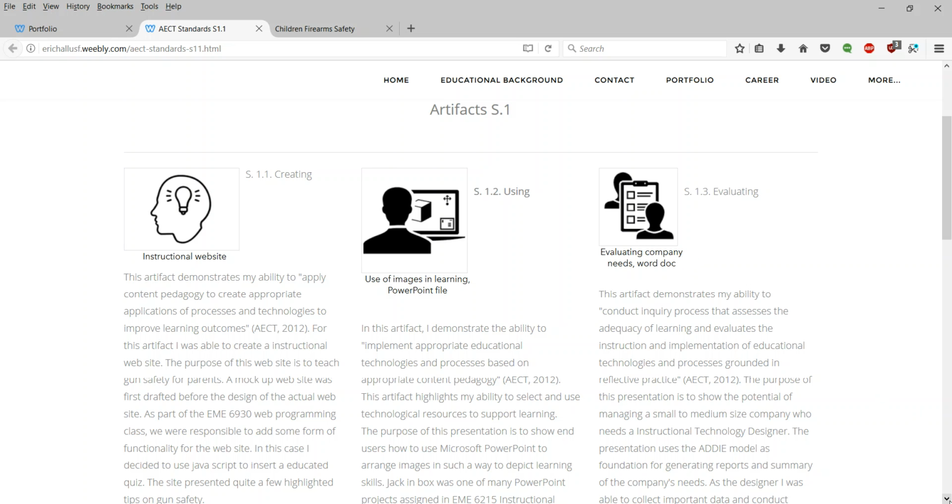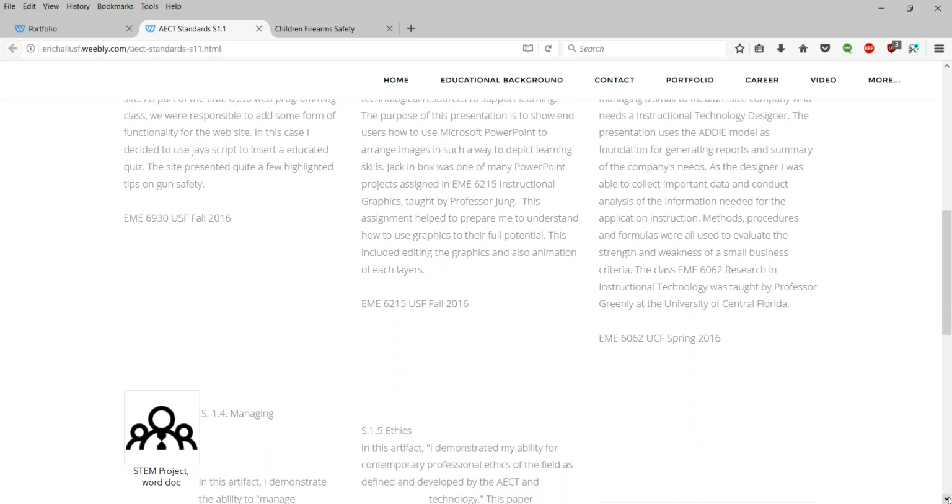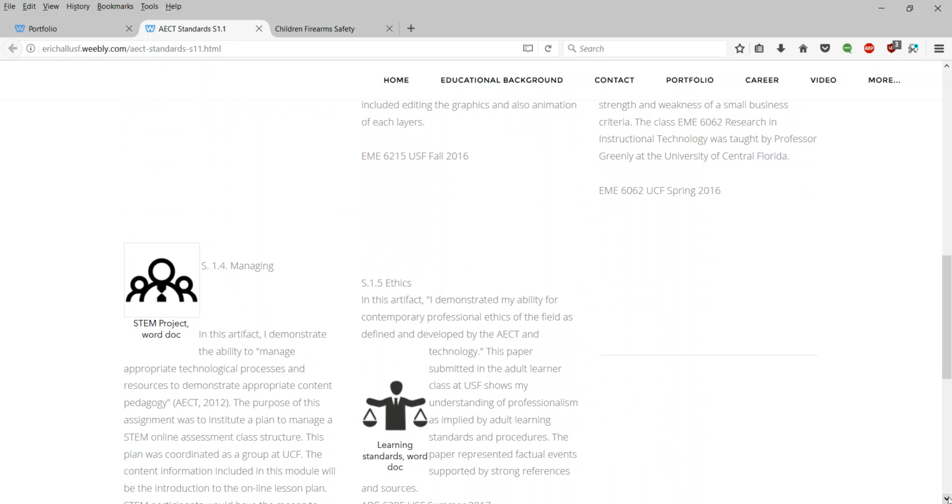This involved the ADDIE model, and the description talks about a small company that I designed an instructional program for at the University of Central Florida. Going down to the bottom, there's two other artifacts, S.14 and S.15, and just as we did in